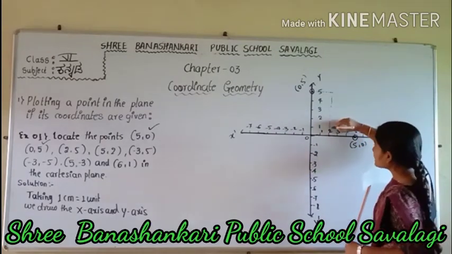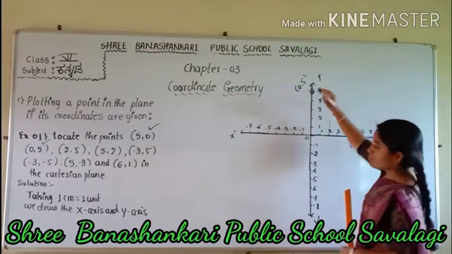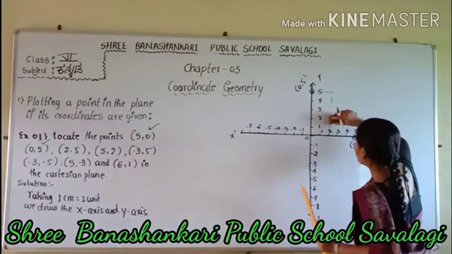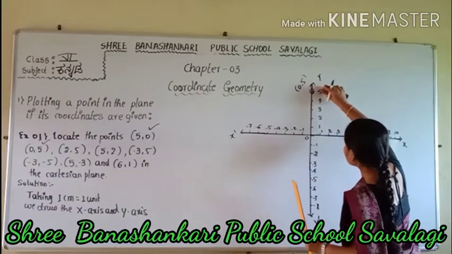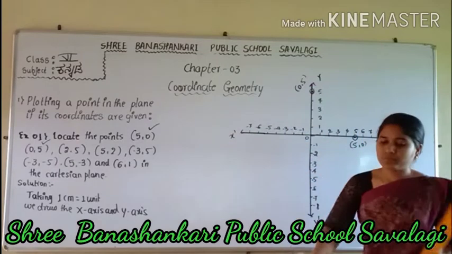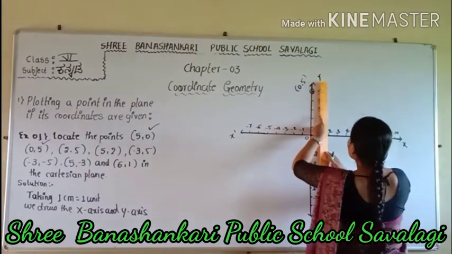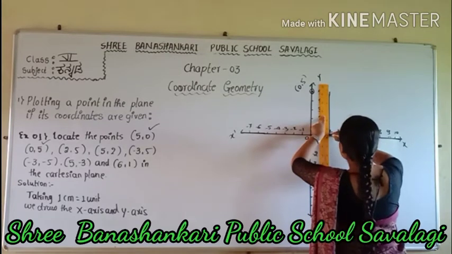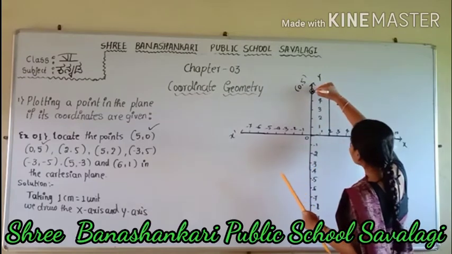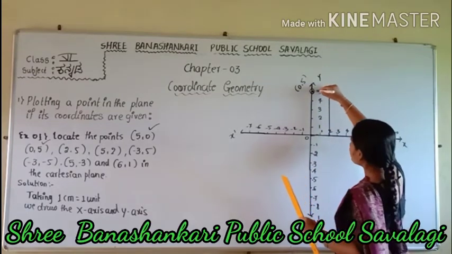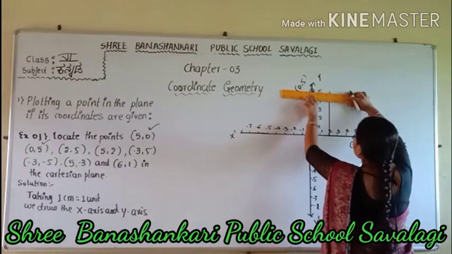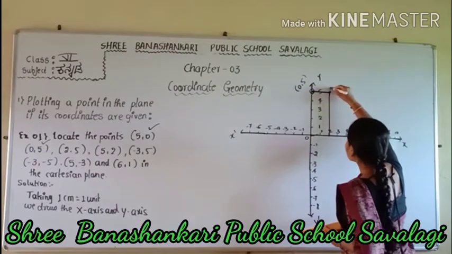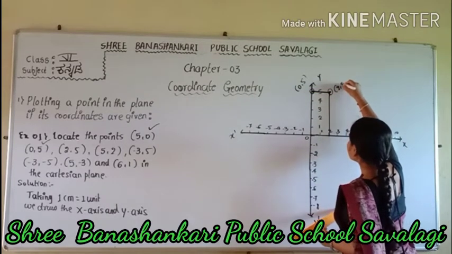Now what we do is, perpendicular to the y axis, along with the y axis, we draw a line. Draw a line perpendicular to the y axis through the point, and here this is perpendicular to the x axis. Along with the x axis, if we draw this line from 0 and 2, what happens? We get a point here, and this is the point 2 and 5.